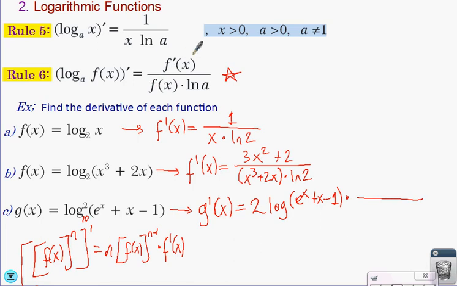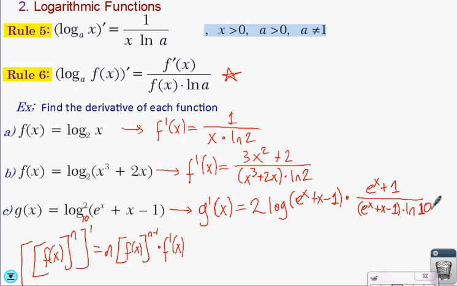The derivative of the function part, e to the power of x, is the same as it is, then plus x is going to be 1, and minus 1 will be minus 0, no need to write. Then in the denominator part, you write the function part of the logarithm again, e to the power of x plus x minus 1, times ln of the same base, ln of the number 10,